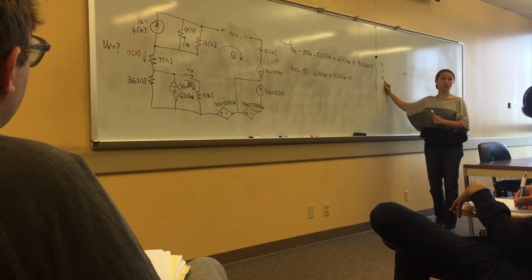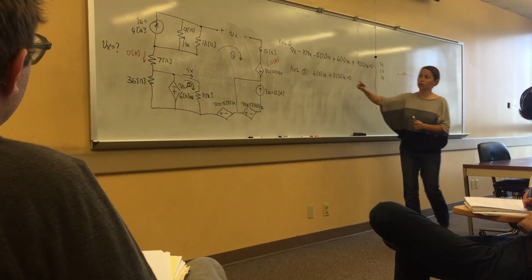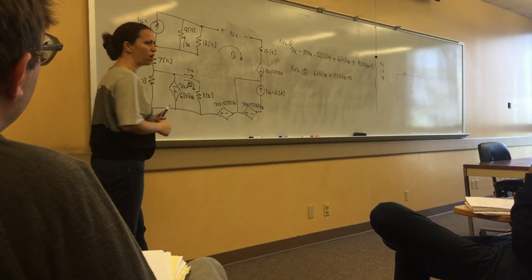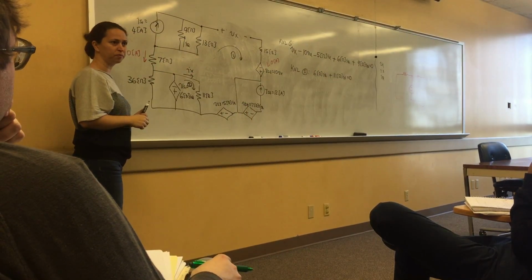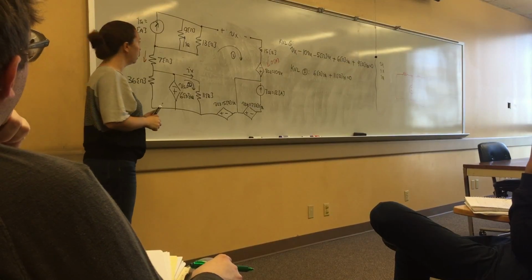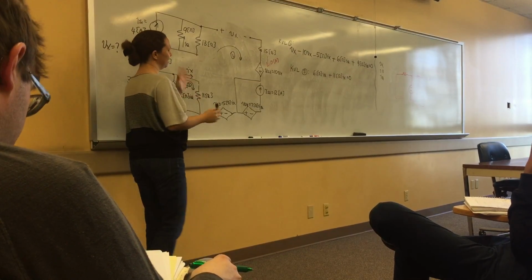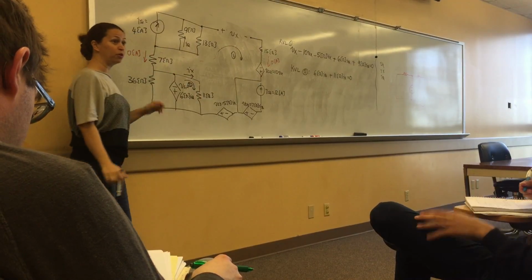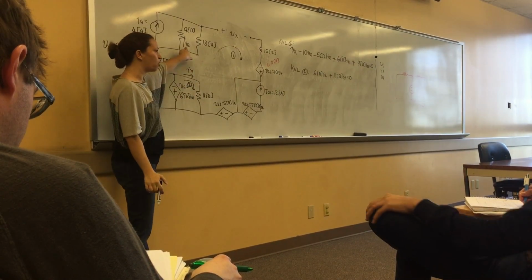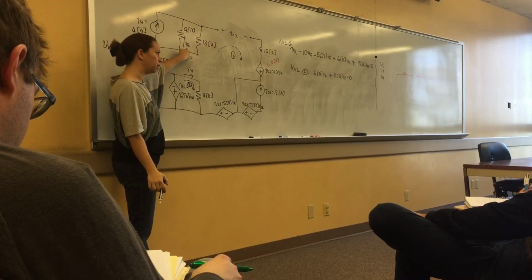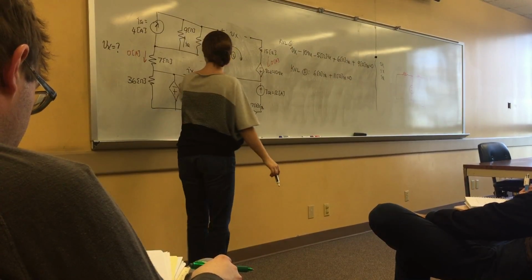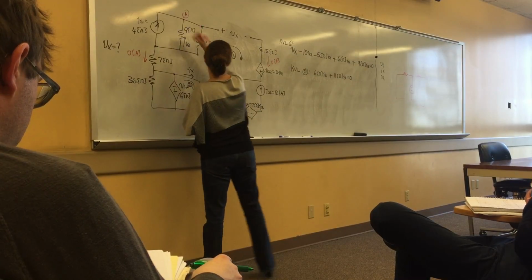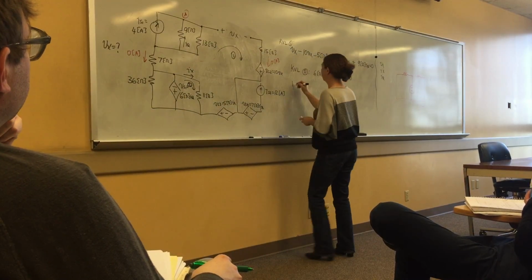Now let's concentrate on IQ this time. IQ is here. It doesn't look like I can write something for IQ with a KVL. We are not doing it right now, right? So let's write a KCL at that point, because I'm interested in writing an equation for IQ, and IQ is a current variable. So I'm gonna try to write a KCL. So if you write a KCL at that node, KCL at A,